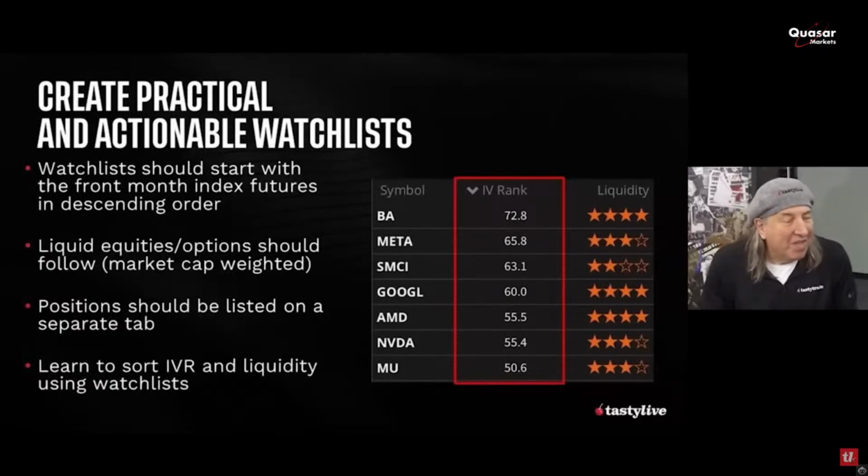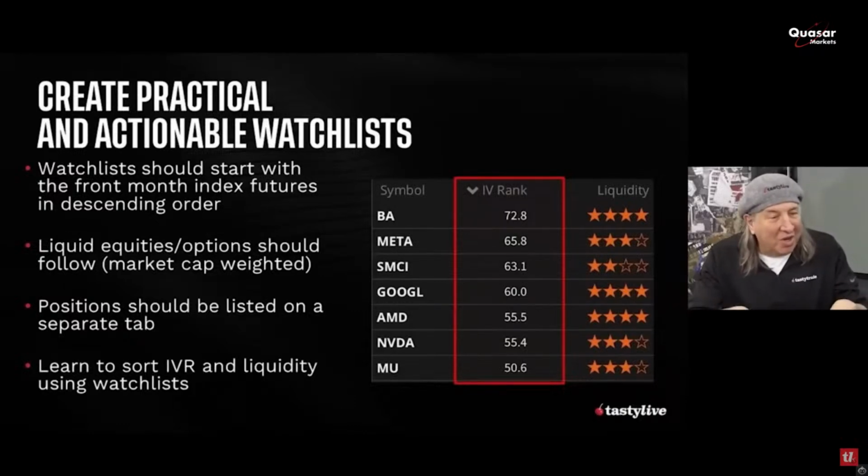It doesn't really matter. On a separate tab, you should also have your positions. If you're on a platform that doesn't give you the flexibility to set these up and have futures followed by equities, and then also a separate one with positions, then you really need to consider a different trading platform, because it's almost impossible in 2024 to trade without understanding what the futures markets are doing, understanding how the option markets relate to the futures markets, being able to follow it all, make eye contact with that,